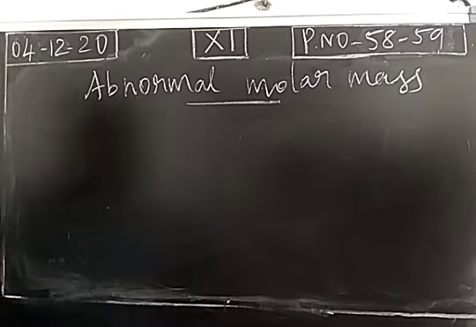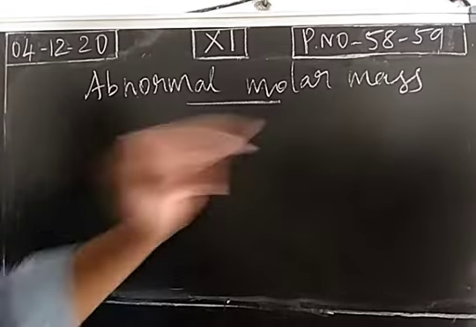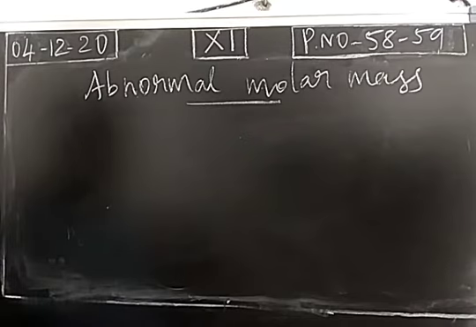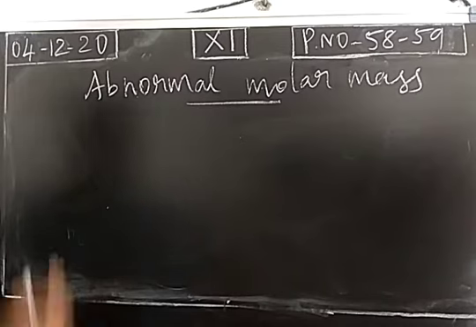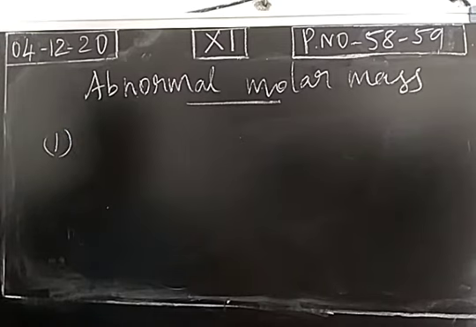So what is the major application of colligative properties? With the help of colligative properties, we can calculate the molar mass of a solute. From the calculated colligative property, the molar mass of the solute is obtained. There are two conditions to have accurate molar mass. If you need 100% accurate molar mass of a solute, there should be two conditions. One is the solution should be a dilute solution.